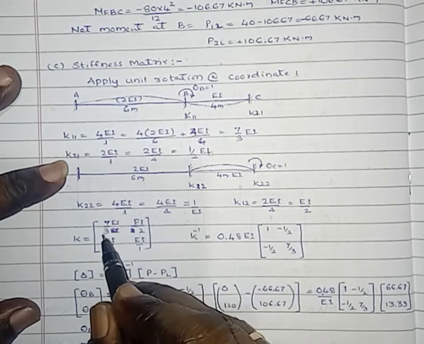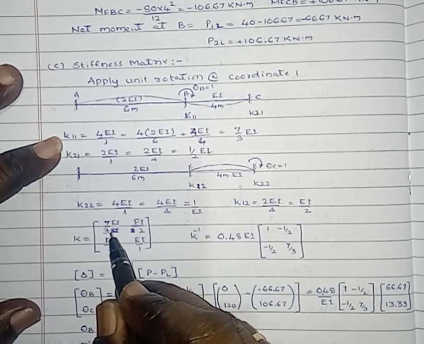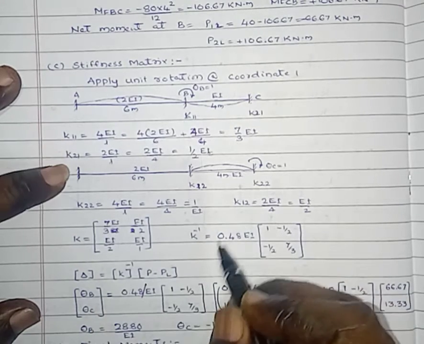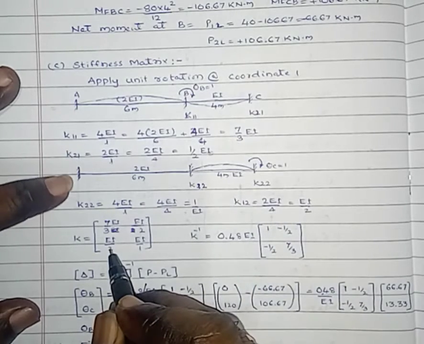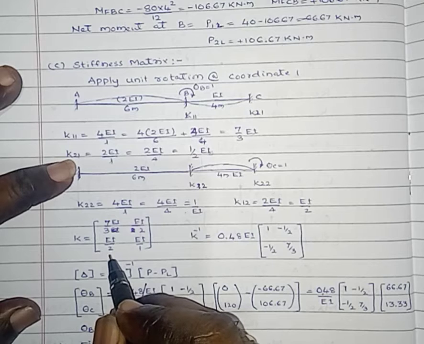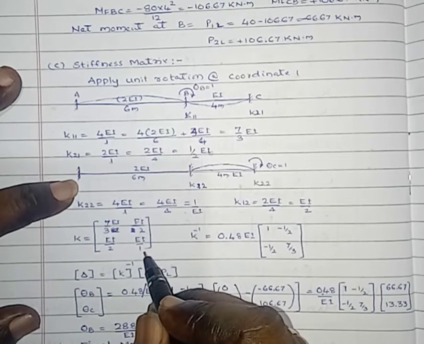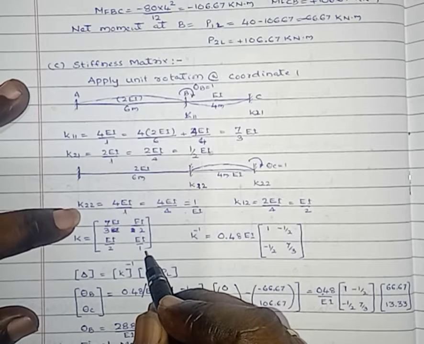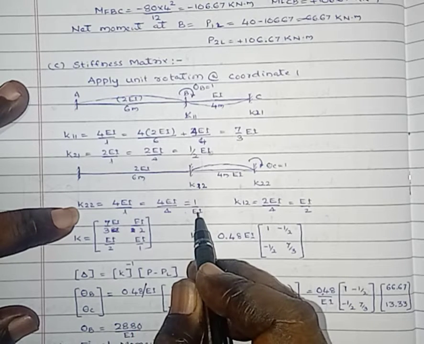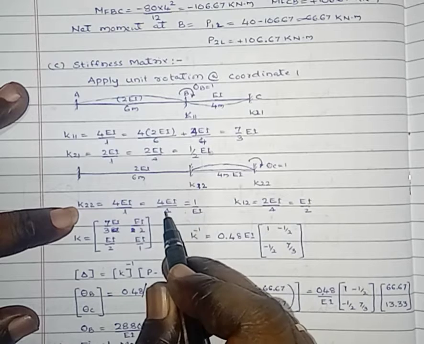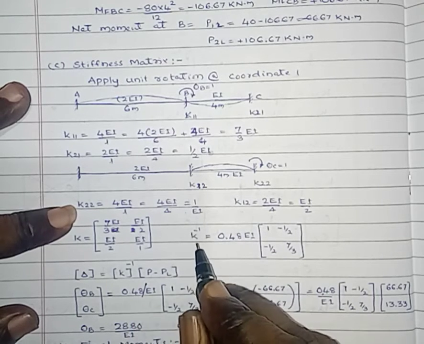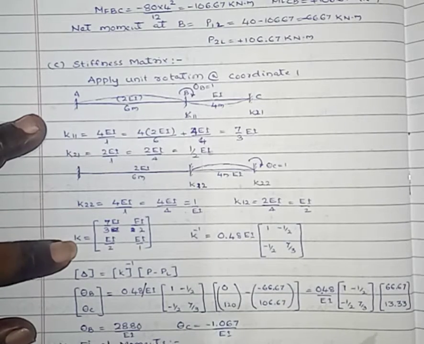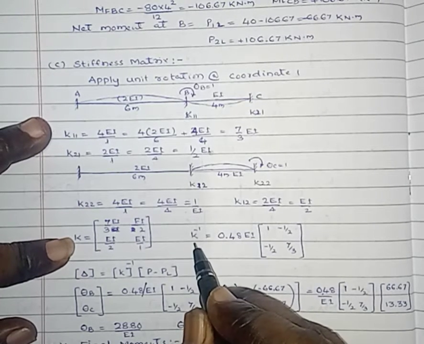Now by substituting the values, here K11 equals 7 by 3 EI, K12 that is 2EI by 4, K21 that is half of EI, then K22 that is EI by 1. Then now we want to calculate the inverse of this stiffness matrix, that is K